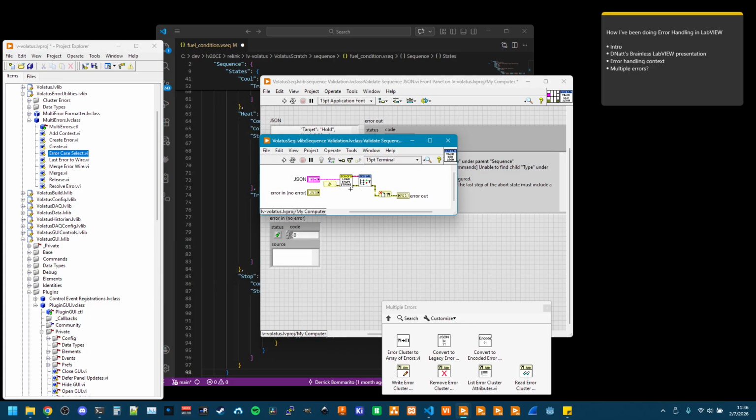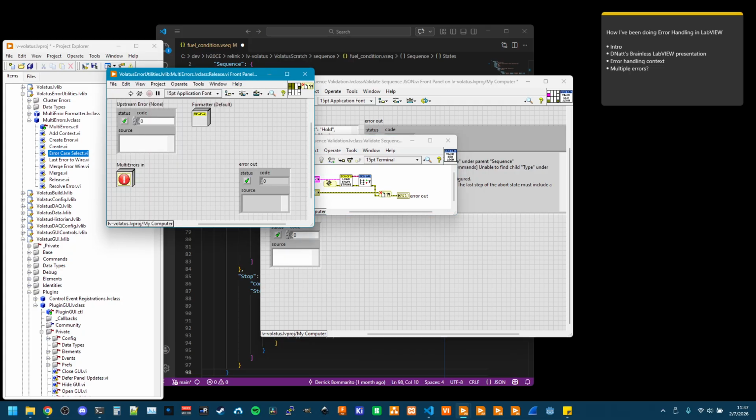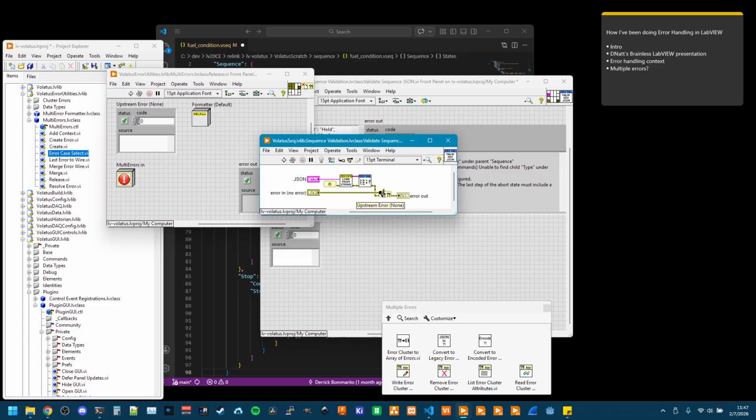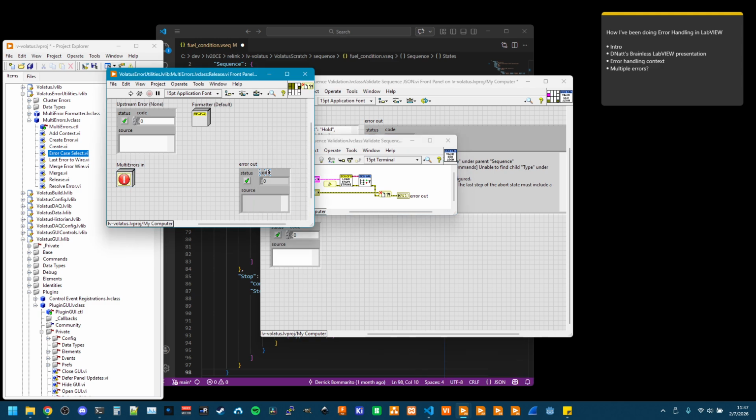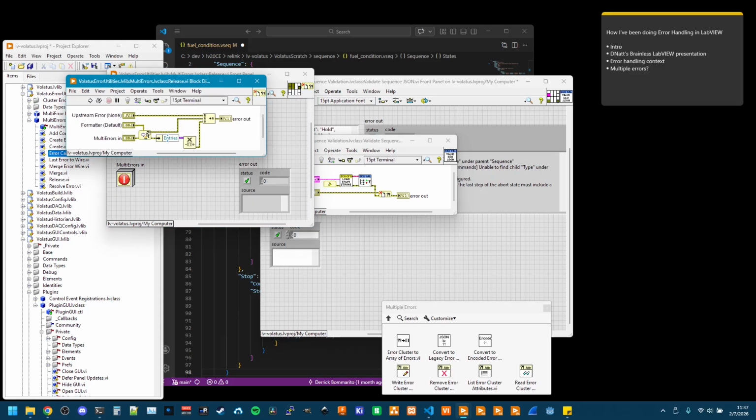But yeah, coming all the way back out, eventually we're done collecting multiple errors, and we want to get everything into a single error and then fall back into more normal error propagation and reporting. So there's this release VI. It can optionally merge in an upstream normal error cluster wire, but you're going to take in the multi-errors and generate a single error out. Now, the formatting for that is extensible. It does have a built-in default basic formatter,